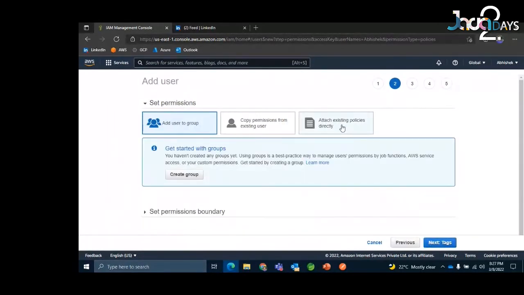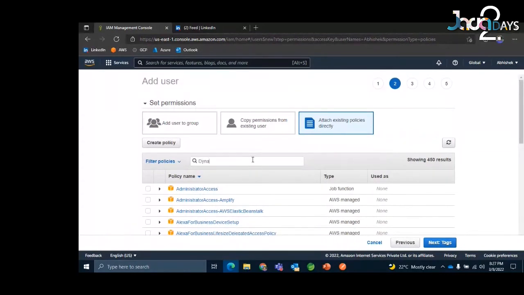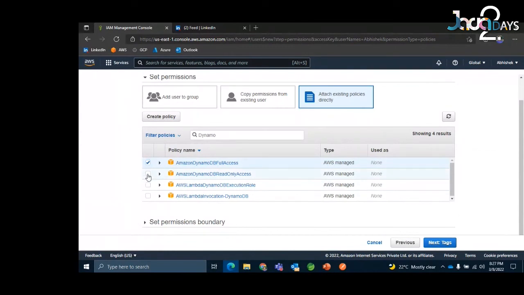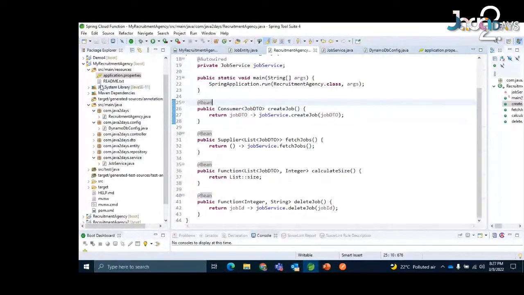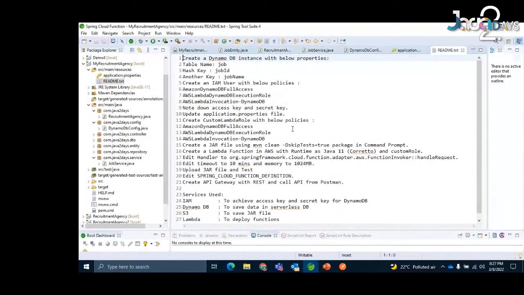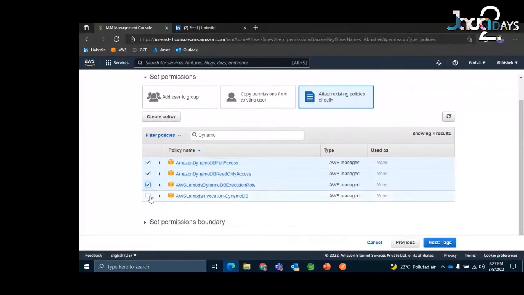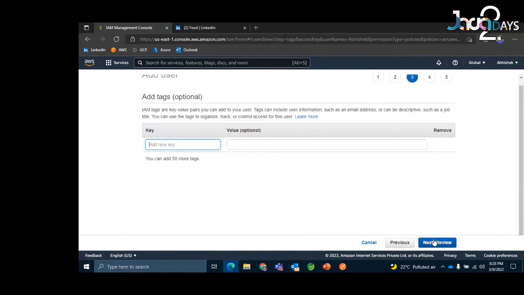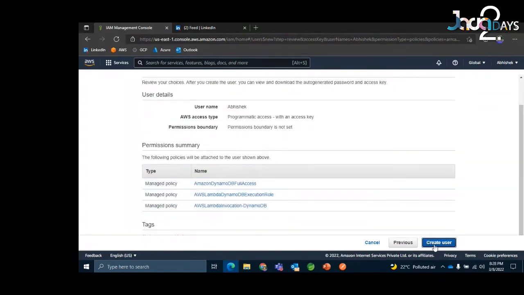Now the permissions which I need to attach to it are related to DynamoDB because I want to access that. So I'll say full access, I'll say read only access, and I'll say the execution role. So all these three roles I need. If you wish, you can give a complete custom role also, a complete admin role, that is also fine. Otherwise, minimum three: full access, execution role, and DynamoDB invocation are required. Sorry, read only access is not there. The other three are there. Okay. So now we'll say tags. There are no tags, and we are good to go. So we'll create this.